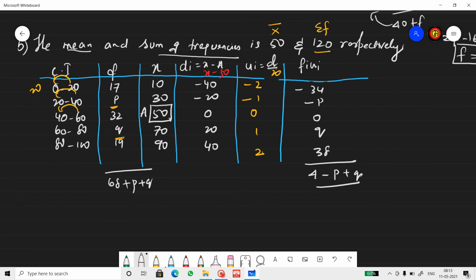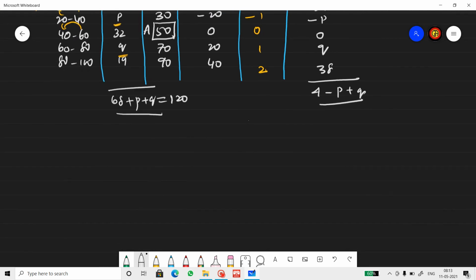But mind you, they've given you the total of frequency. So this is equal to 120. Don't forget to note that down. Total frequency is given, so that's equal to 120. Now apply it on the